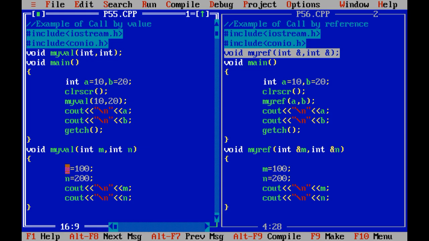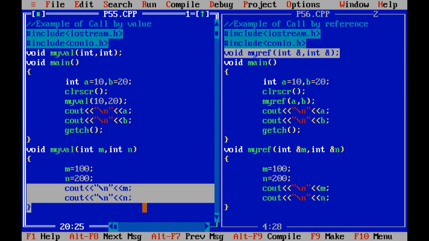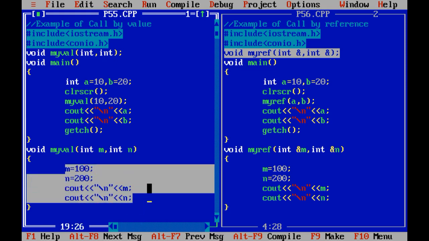But after the execution of the opening bracket, I have overridden the value of m and n by 100 and 200, right? So now when I am going to print the value of m and n, it will print 100 and 200 on the screen, right? The value of m would be 100 and the value of n would be 200. Up till now, any doubt regarding this?